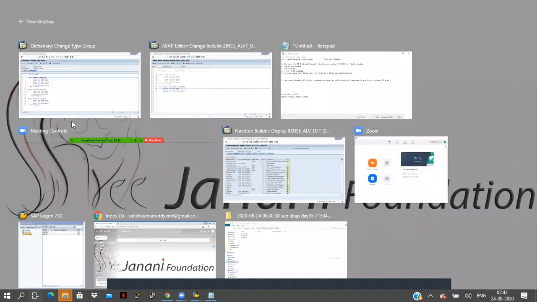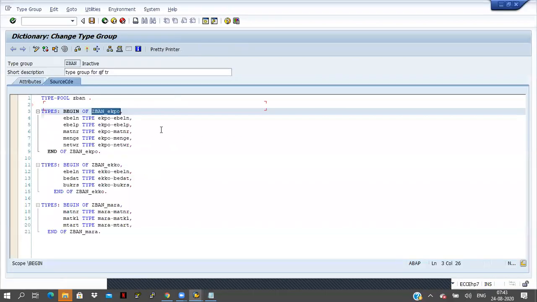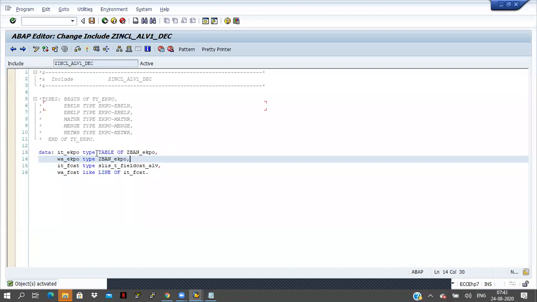Okay, here I am taking something like 5 fields. Now I want to declare these in my program, right? So by using that type name, I am declaring the internal table and work areas here. Save and check it, activate it. There is no problem now. Okay, so this is one way. You can declare the structure types in the same program, or you can declare the types in the type group. Some list of types I am declaring in one place, that is type group here. By using the type group name, I am declaring the internal table name directly here.